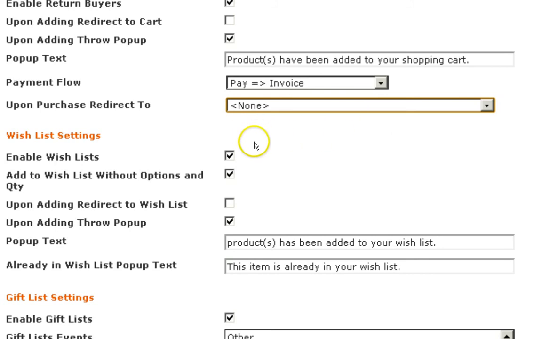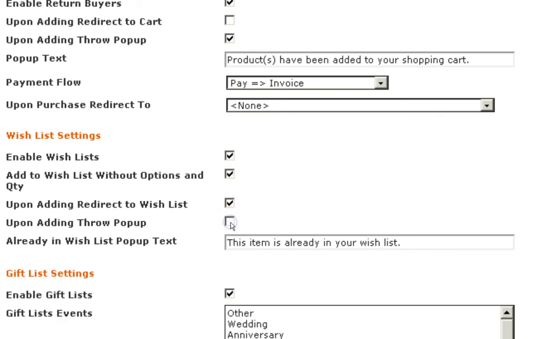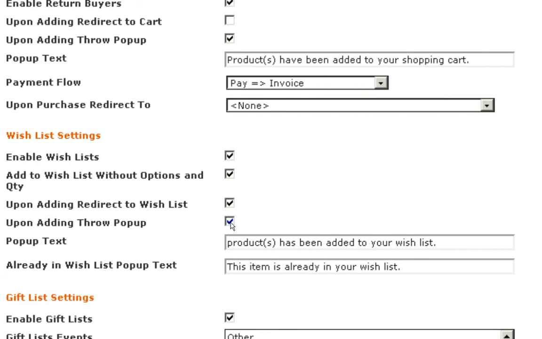Wish list settings. This enables the wish list. This adds to the wish list without options and quantity. Upon adding redirect wish list, same thing as with a purchase. And upon adding throw pop-up, again, same thing as above with adding products. This is just adding wish list items. You can specify your pop-up text here,